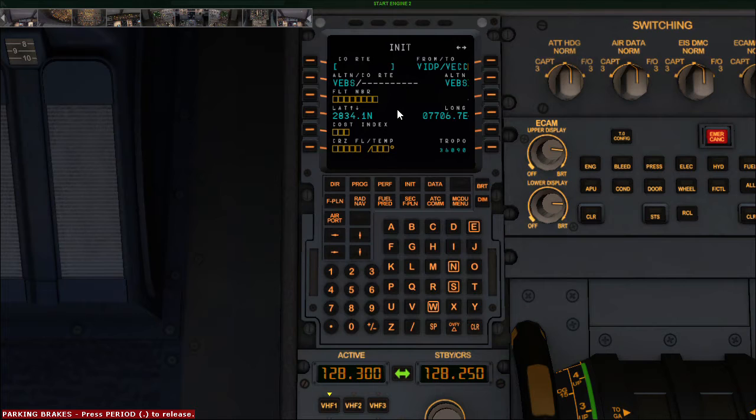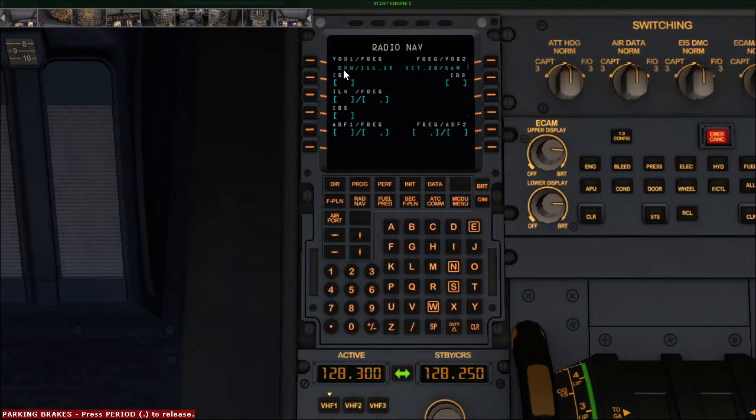So first of all, boxed fields are mandatory to be filled. Blue fields can be changed or modified by the pilot. If I go to the RADNAV page, you can see over here DPN, and this is Sierra Alpha Mike, SAM. In this blue field there are two things. You can see this DPN and the SAM, they are in small font.